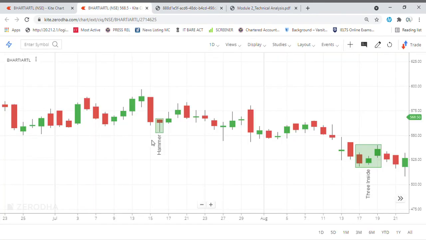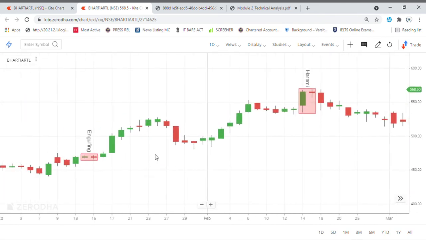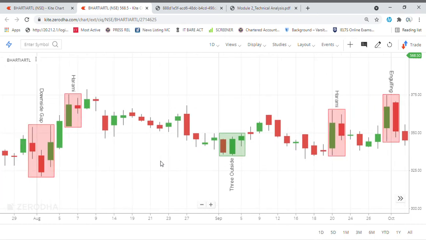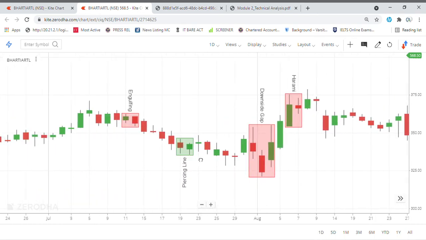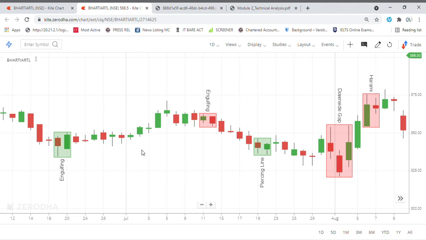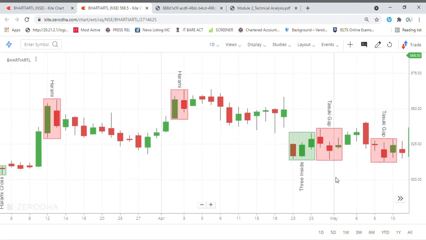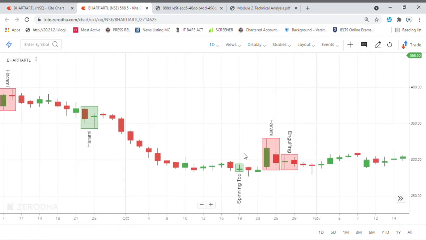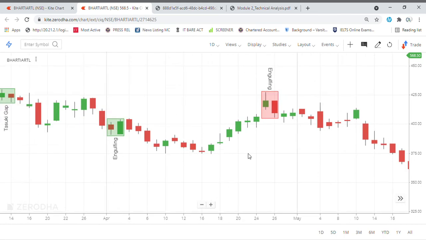So this is a hammer, and a frequently heard word is shooting star, like this is what exactly it is. You have knowledge of these hammer, spinning top, etc., but you can't find them on charts. So here is how Zerodha helps. This is a spinning top, and I found one shooting star in the July month. July, where is July?